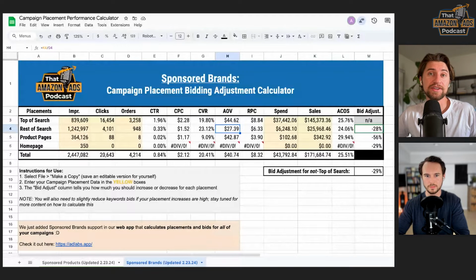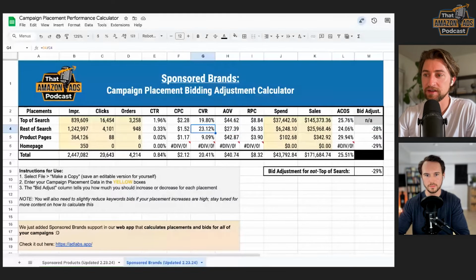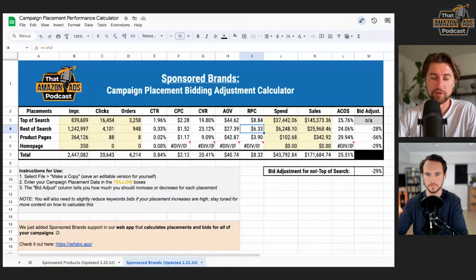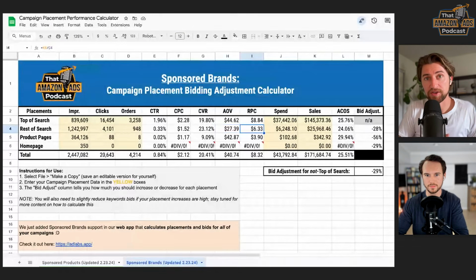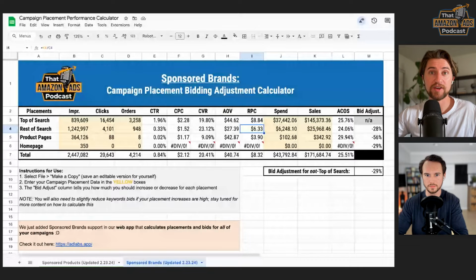So that's a good indicator that we should probably be breaking this down to the individual groups of campaigns for these different products with different AOVs. That would get us a little bit more accurate, dialed-in placement adjustment here. But that is why we don't go strictly off of the conversion rates. That is why we go off of the revenue per click difference. Because, and again, the revenue per click is king episode will break this down for you, revenue per click combines both conversion rate and average order value, and it gives us a much better picture of basically what the sales opportunity is for a PPC platform. It's the only way to do things.